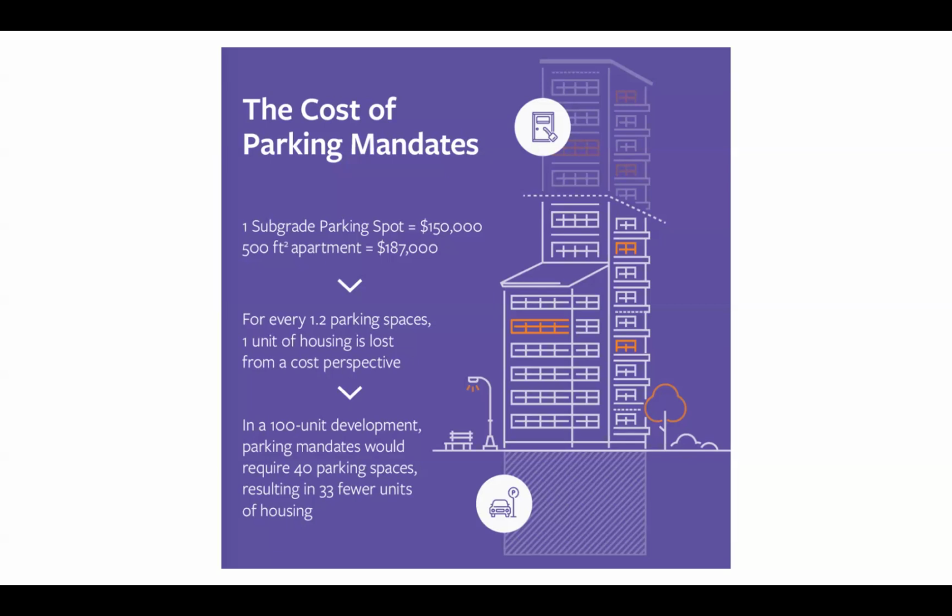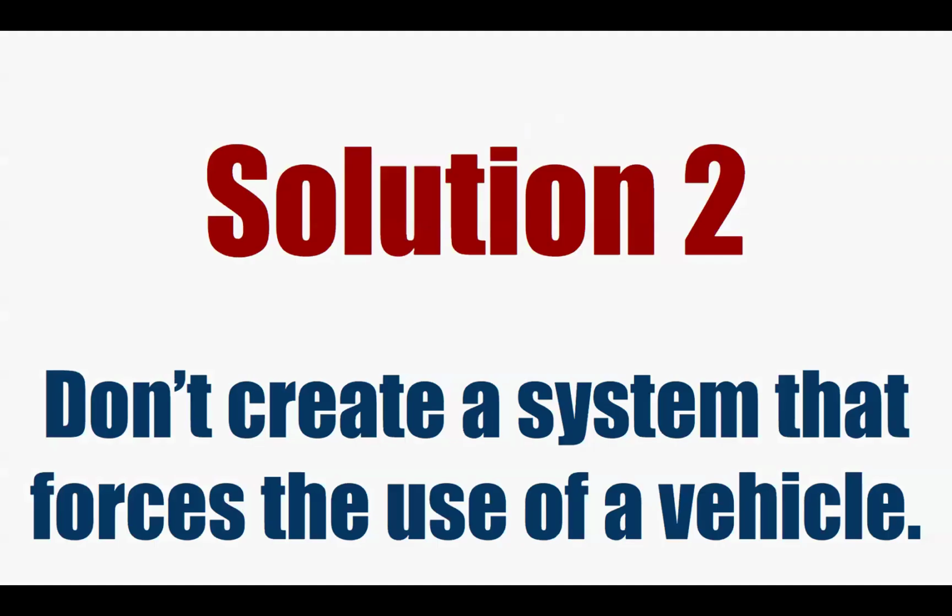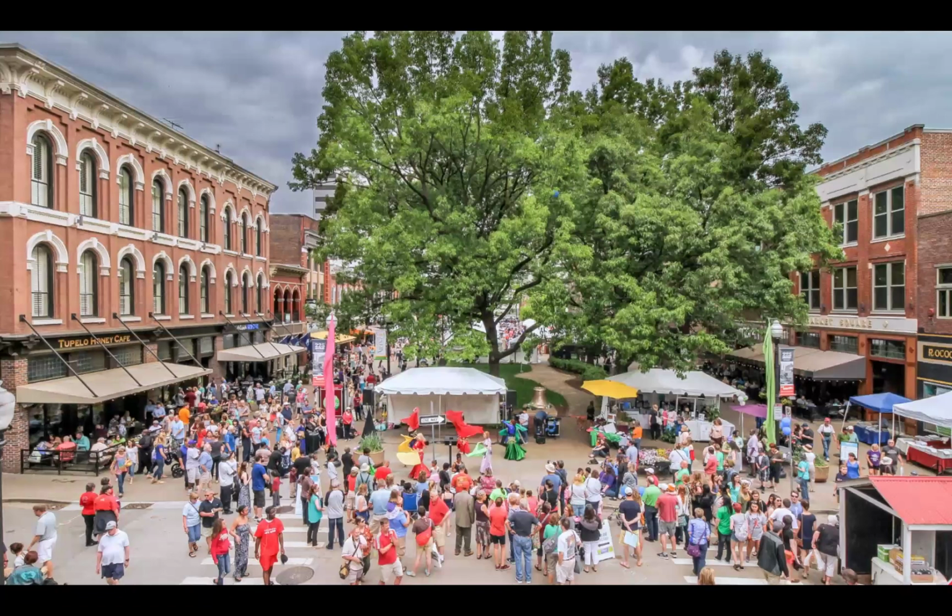The way to get out of the housing crisis and the homelessness crisis in part is to build more housing, which in part means that we have to stop creating a system that forces the use of the vehicle. That's solution number two. And then finally,